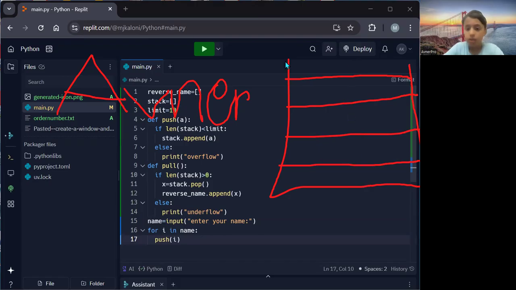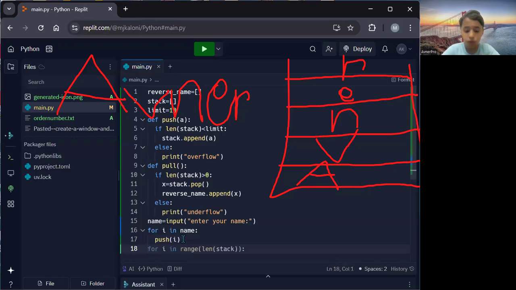Anyways, the first value of I is A, then V, then N, then E, then R. But we want to make it a reversed string. How do we do that? What do we do? For I in name,